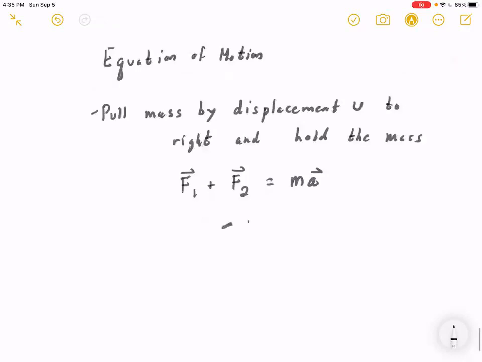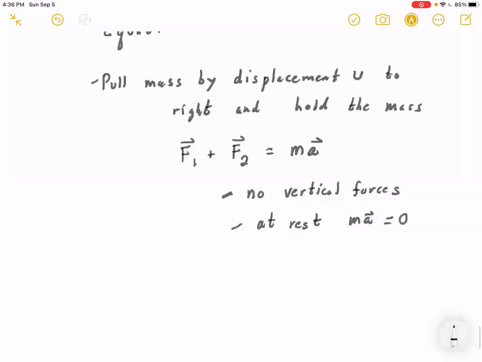In this problem, there are no vertical forces, and the system, by holding the mass at rest, m times a is 0. Or really the 0 vector. A scalar times a vector is a vector. So resolving this vector equation to its two components,